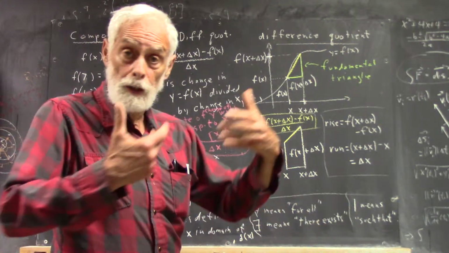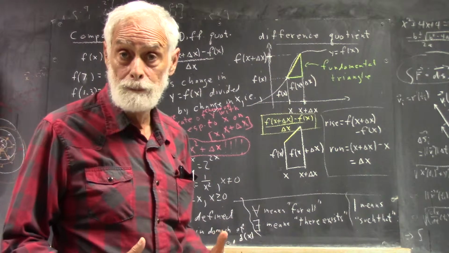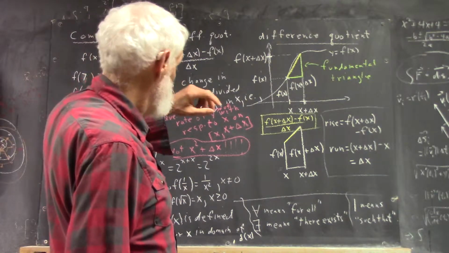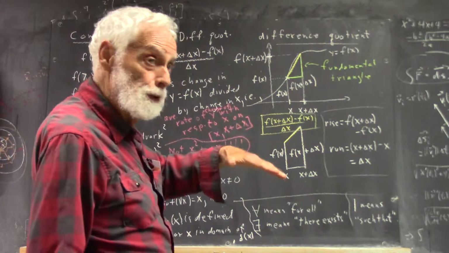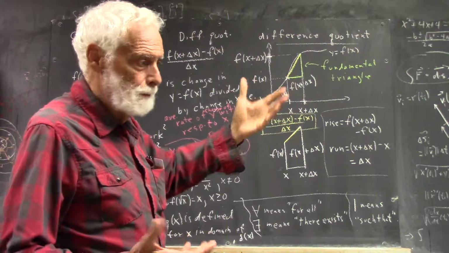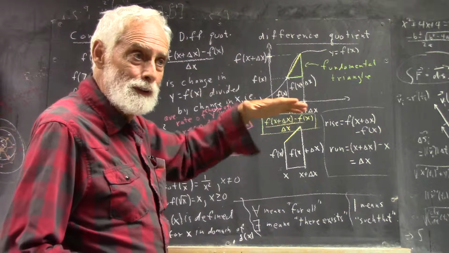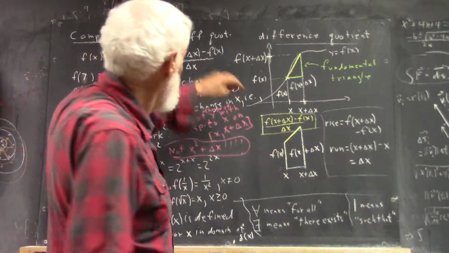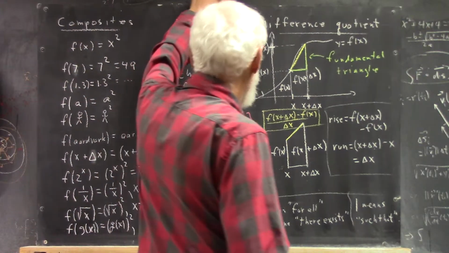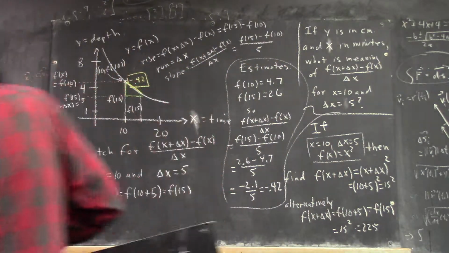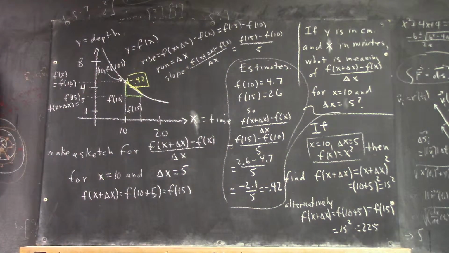What's the average rate of change of depth with respect to clock time? Okay, it's how fast the water is decreasing, and if your reservoir's going down, you kind of want to know how fast. So for one reason or another, it's an important quantity. So we went on to an exercise